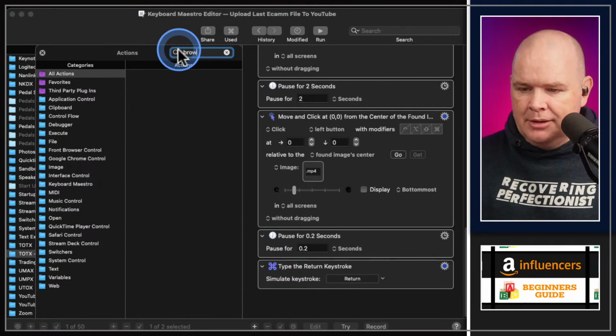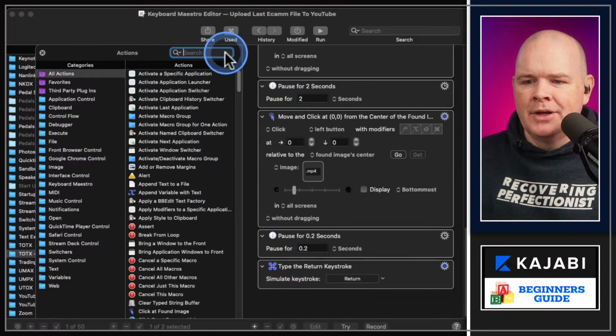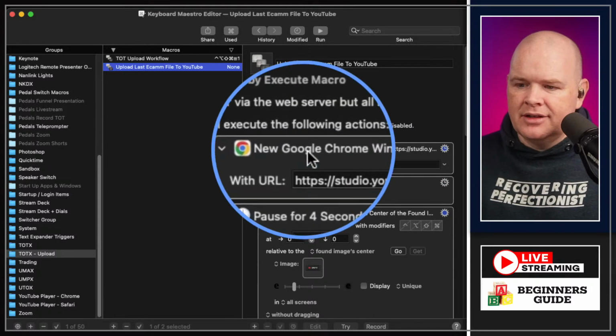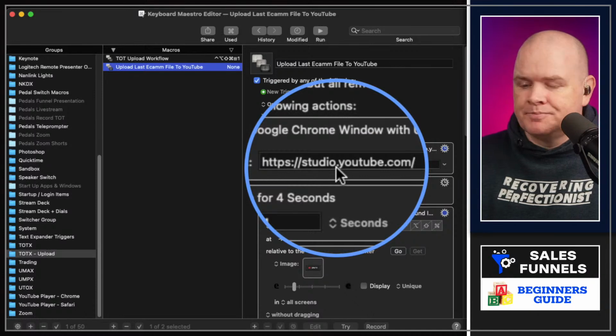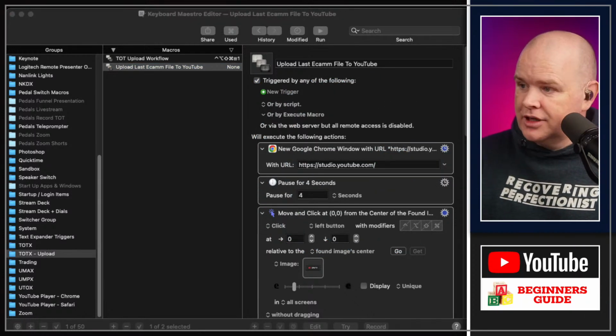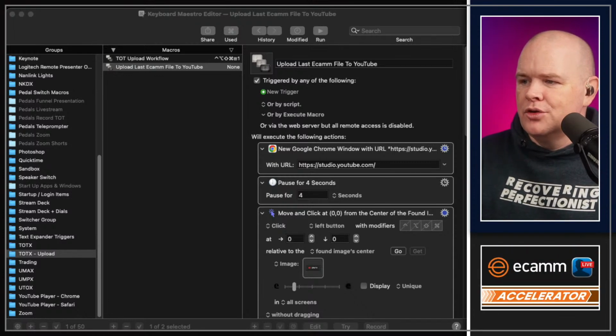I can never type and spell. So click browser link and so on. But what this is doing then is, first of all, it is opening this URL for YouTube Studio in the browser. Now, when you open YouTube Studio in the browser, I'm just going to get it up right now so I can show you what it looks like. When you want to upload a video,